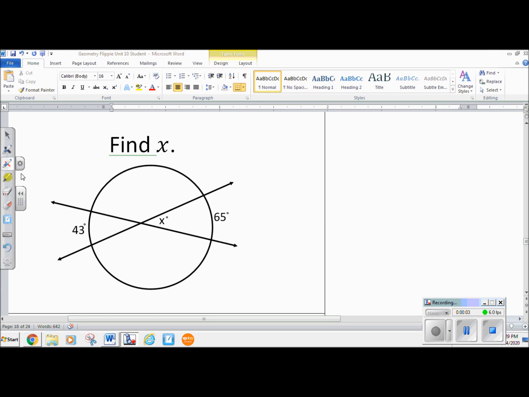This is lesson 10.62, secants, tangents, and angle measures. In these questions, we have a circle with two lines drawn. It could be secants or tangents. We'll be working with arc measures and angle measures. To find the angle and arc measures, you need to consider